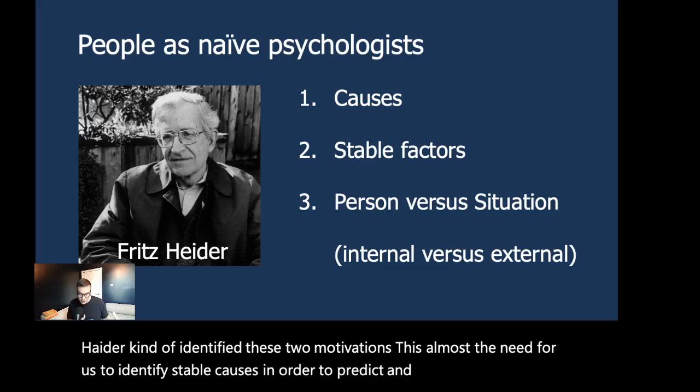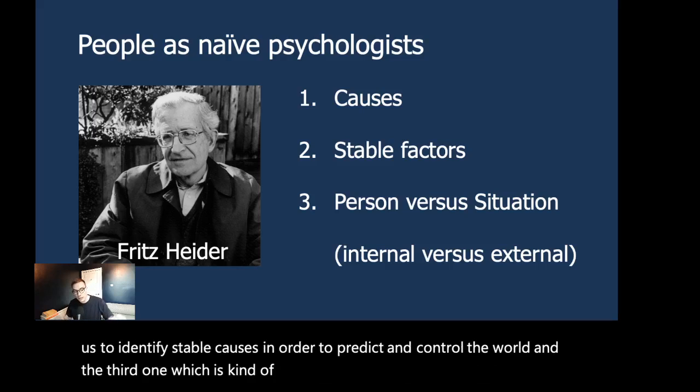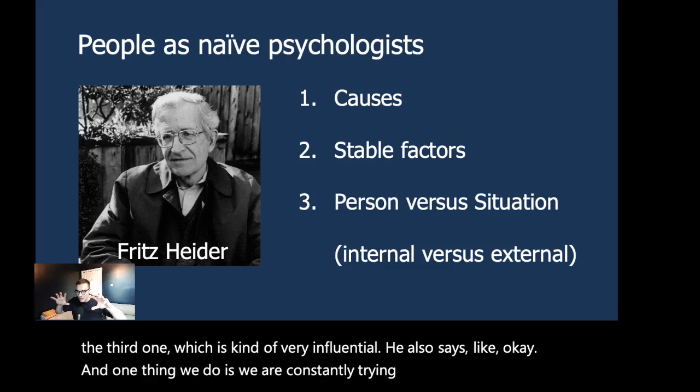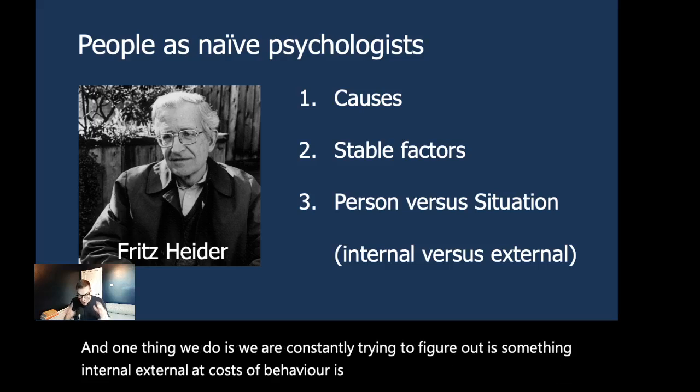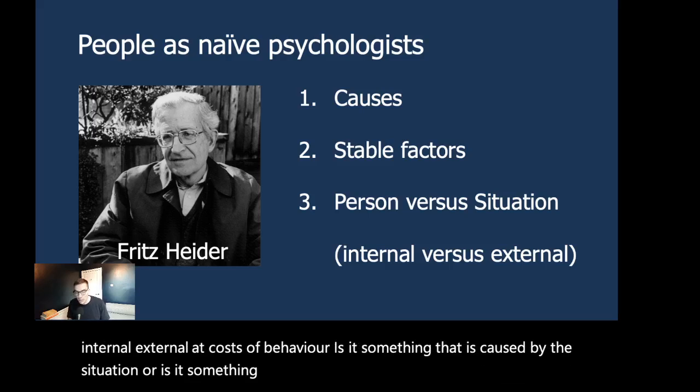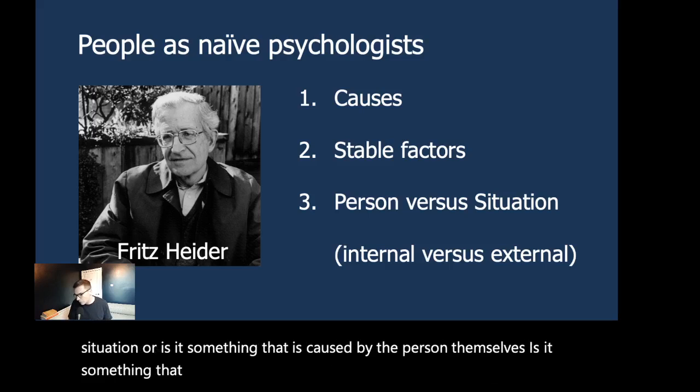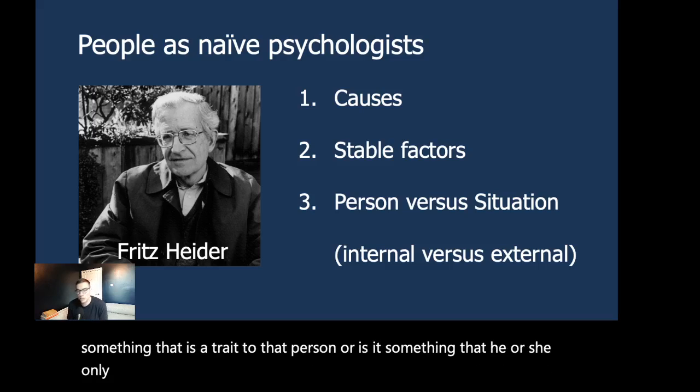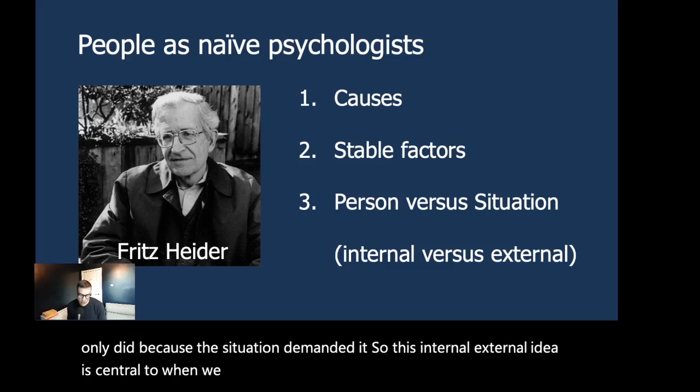And the third one, which is very influential, he also says: one thing we do is we're constantly trying to figure out, is it something internal or external that causes the behavior? Is it caused by the situation, or by the person themselves? Is it a trait of that person, or something he or she only did because the situation demanded it? So this internal-external idea is central